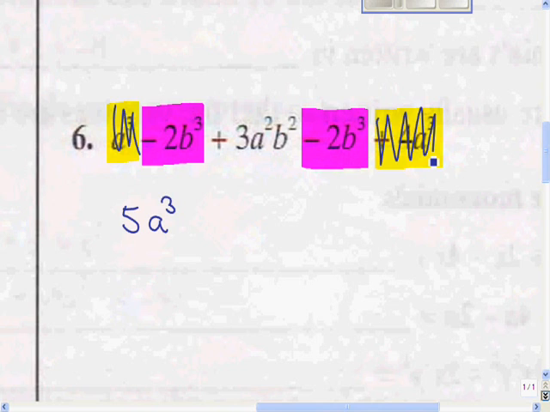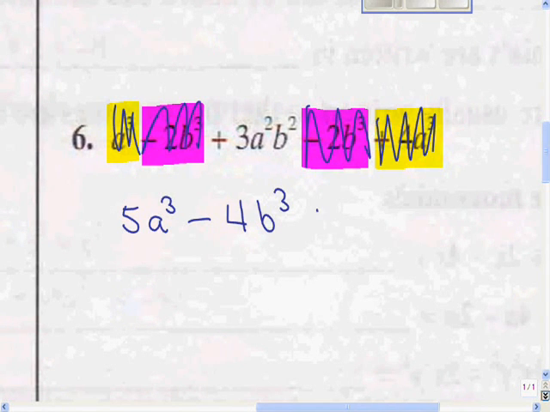So I'm going to cancel, so I won't get confused. I already did those, so cross them out. Here I've got a negative 2b cubed and a negative 2b cubed, correct? So the signs are the same, so what am I going to do? When the signs are the same, I add. So I'm going to add 2b cubed and 2b cubed, that's 4b cubed, or 4b to the third power. And since both the signs are negative, I know my answer is going to be negative 4b to the third power. And then I cross them out so I won't get confused with that later. And then I just bring this down. Positive